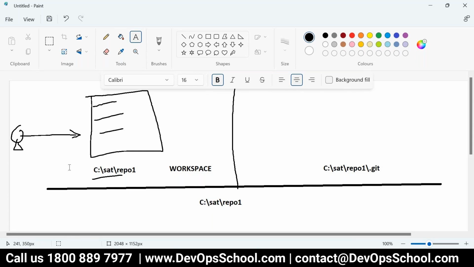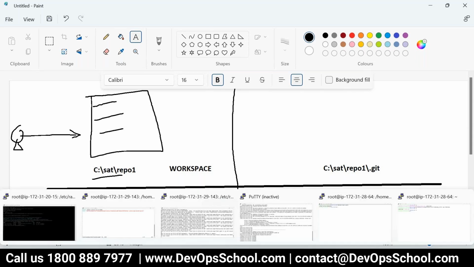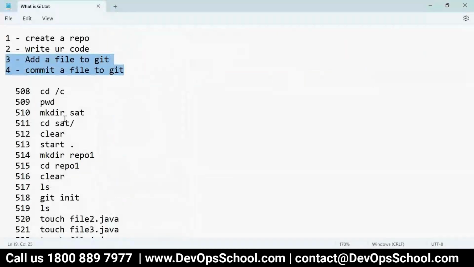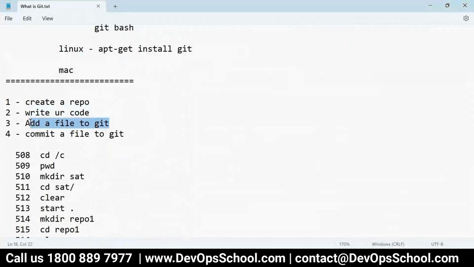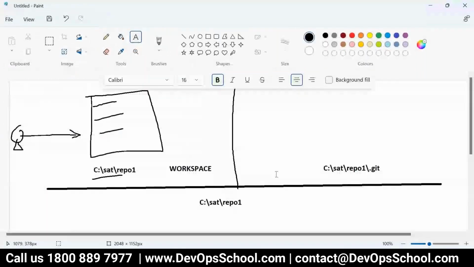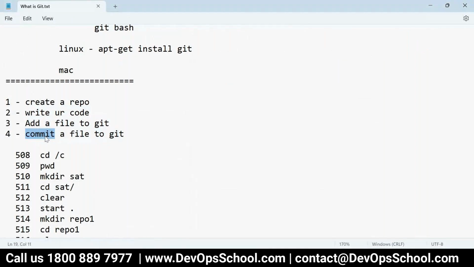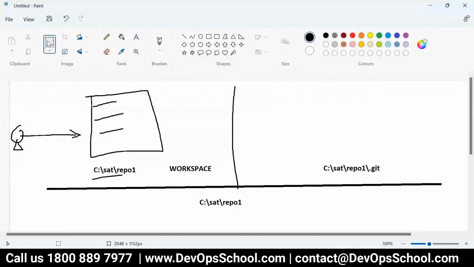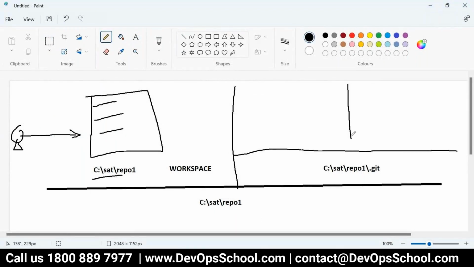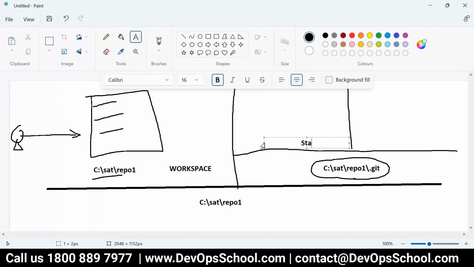After that, what do you do? You write code, and after that you add the code and commit the code. So what happens when you add, and what happens when you commit? I want to know that. This repository area you have to divide into two areas again: one we call the stage, and one we call the repo.